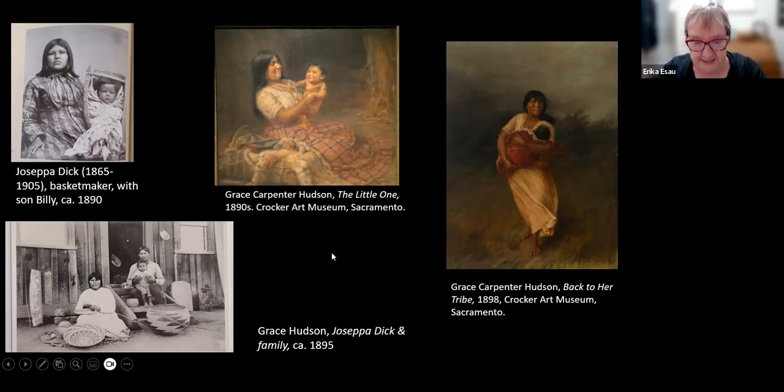a kind of political stand. And I'm reading here the description of this painting that's in the catalog from the Crocker Art Museum, where it is. Quote, "This painting depicts Josepha Dick," and that's Josepha over on the right, "a well-known Pomo basket weaver. Josepha and her husband had one son, Billy. In 1898, the year Hudson painted this work, Billy, then almost a teenager, was forcibly taken to Chemawa Indian School